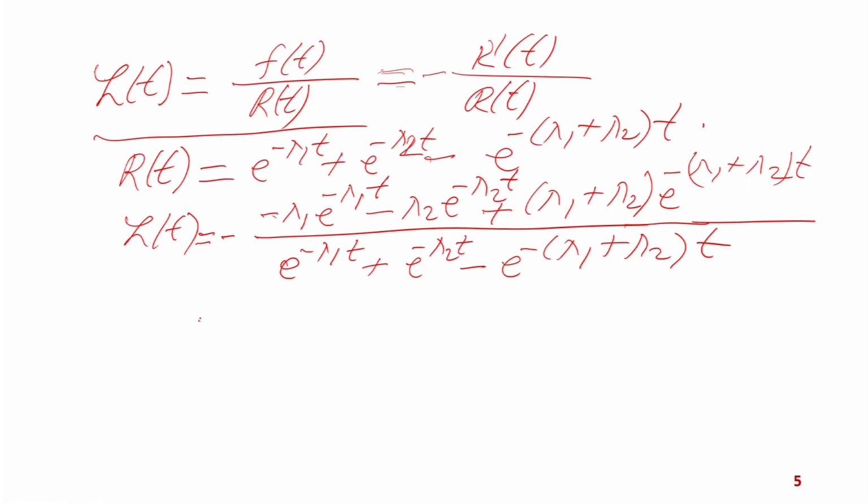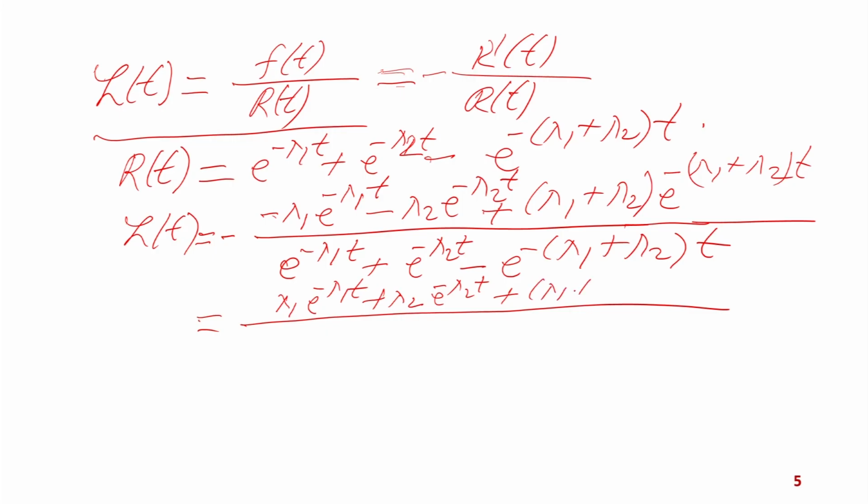So, this I can write as lambda 1 e to the minus lambda 1 t, then lambda 2 e to the minus lambda 2 t, then here a minus sign will come, into t divided by